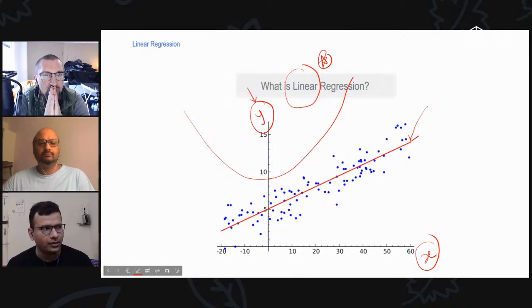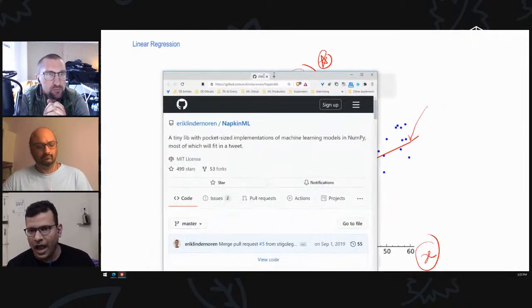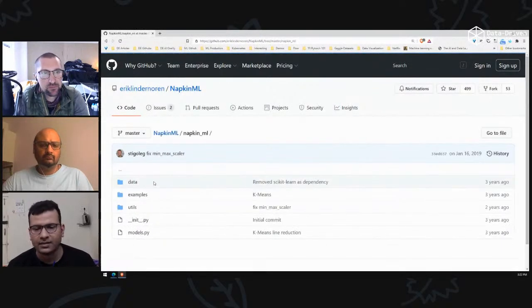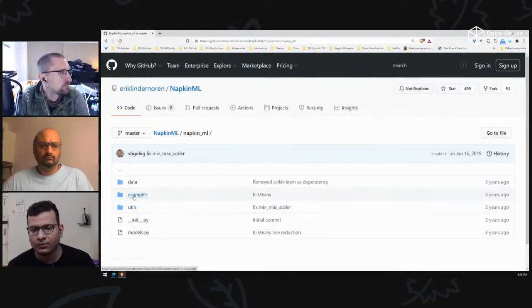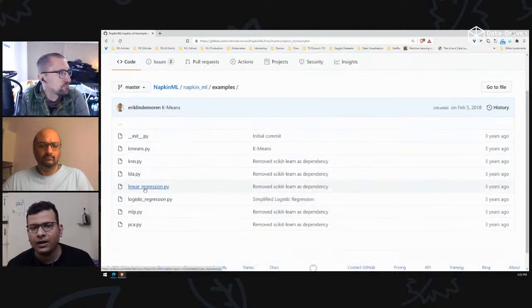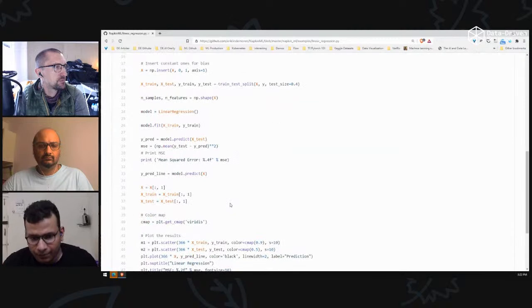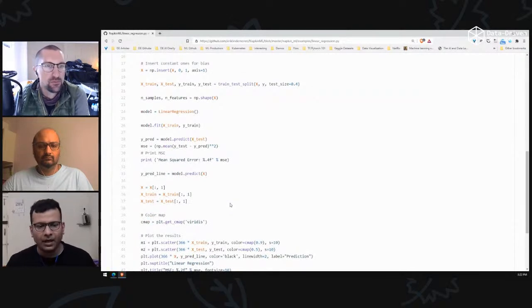If we want to check the code of linear regression, we can find out the complicated ways of how it actually works. If you want a simplified understanding of how this algorithm works, you have the Napkin ML GitHub. So what is Napkin ML?